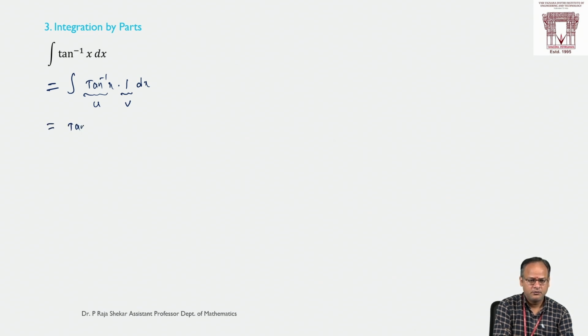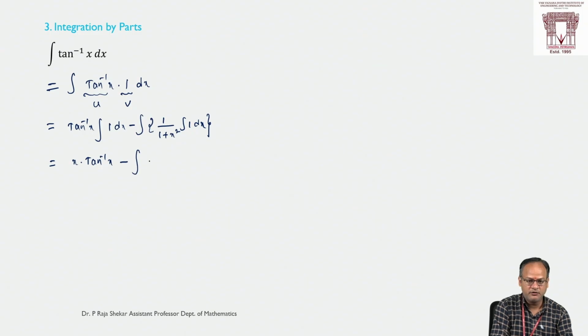So u into integration of 1 dx, minus integration of the derivative of tan inverse x, which is 1 by 1 plus x square, into the integration of 1 dx. Integration of 1 is x. So it is x into tan inverse x